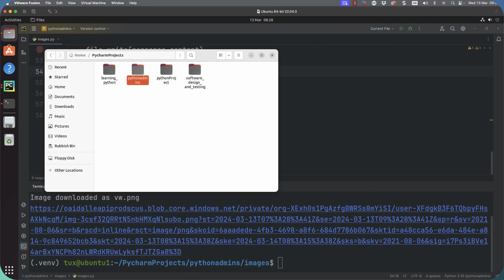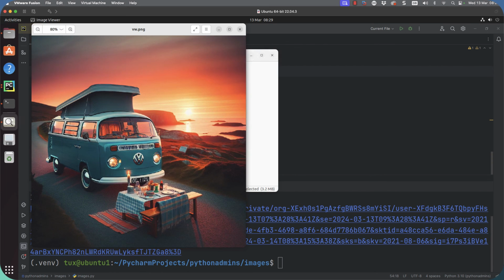We can move into our Python projects, into our images directory, and there you go, there's our glorious image. And what a lovely VW camper van they've drawn for us. And how nice, they've even put a little picnic table right in front.